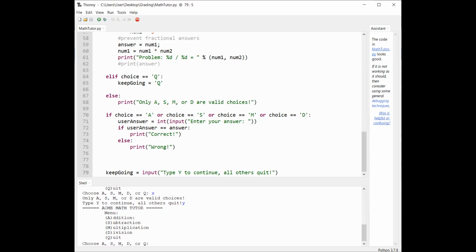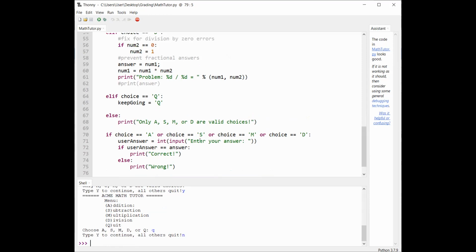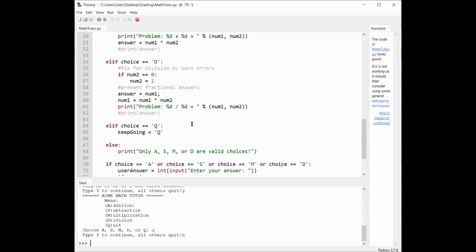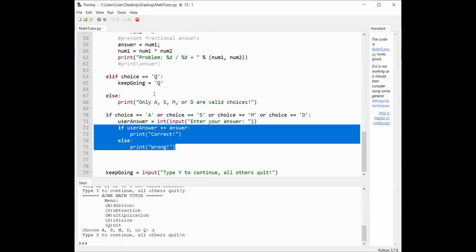But then if I hit Q, it doesn't do anything. From what I can tell, you can kill the last choice input, and it will go back to the top, print the menu, and then you'll have your choice again. But then I also need to, this part right here,